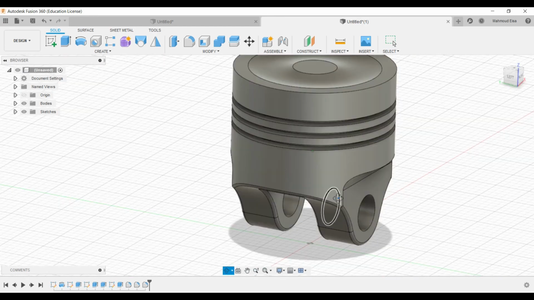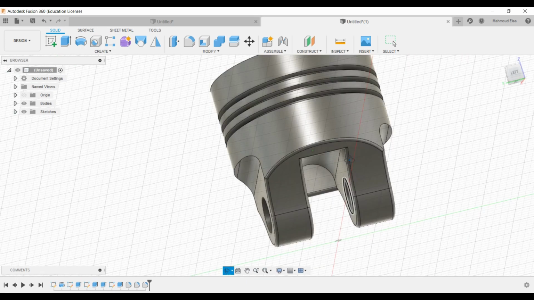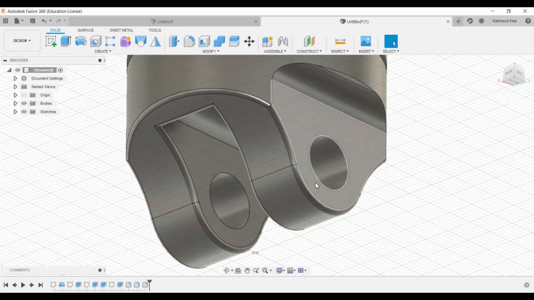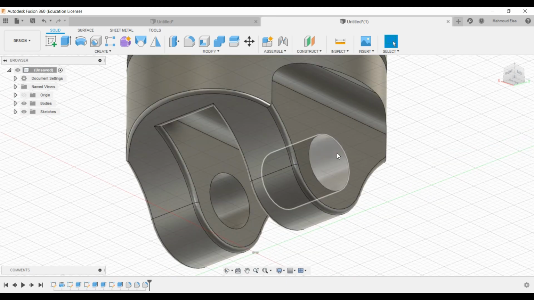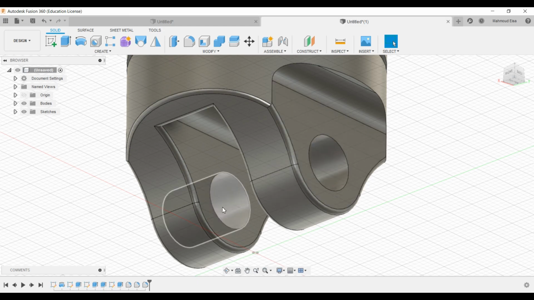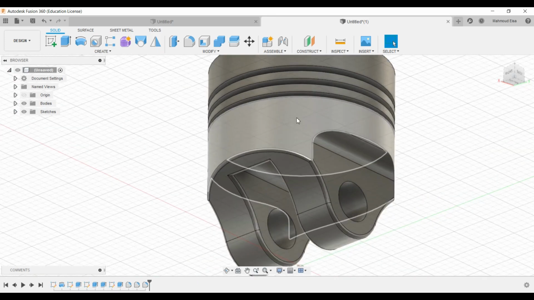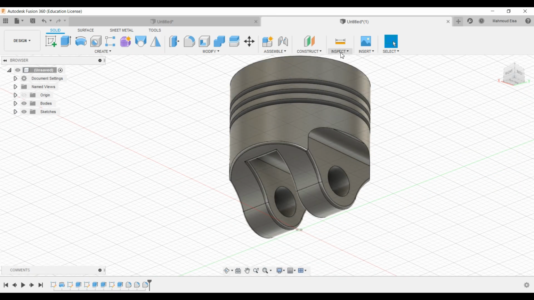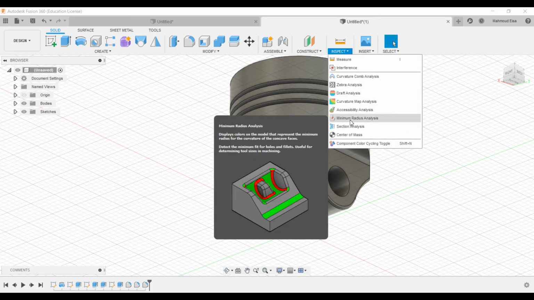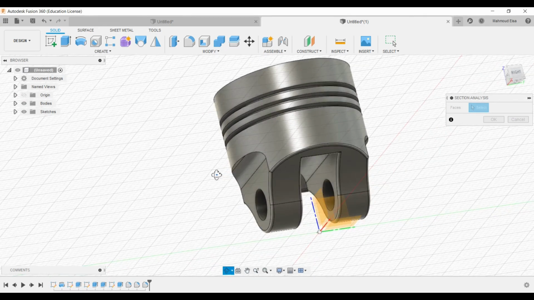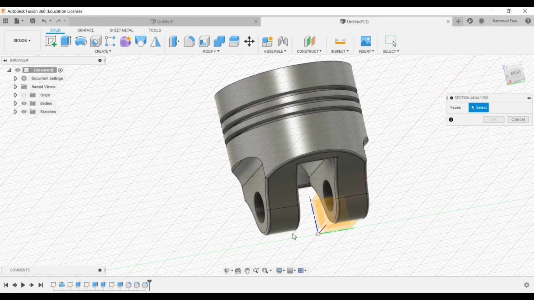Okay, so I think there's one more thing we need to do, which is a C-clip retention, like a little groove. We want to create a groove here and a groove here for the C-clip, for the gudgeon pin, to hold the gudgeon pin in place. So yeah, what we need to do, we need to go to inspect, and make sure you select section analysis. This is a very cool tool, very powerful tool, and select that plane. Actually no,